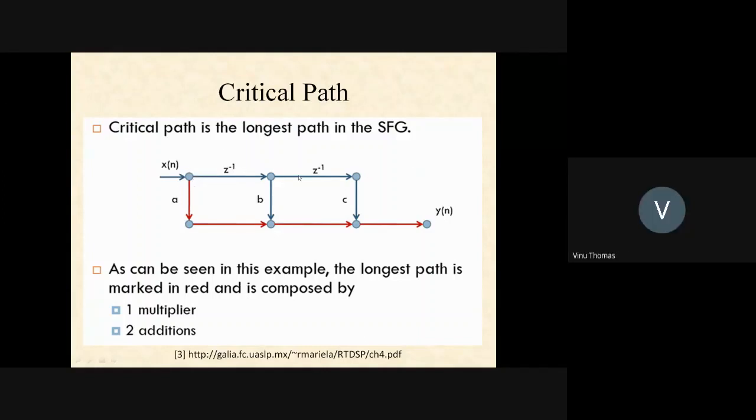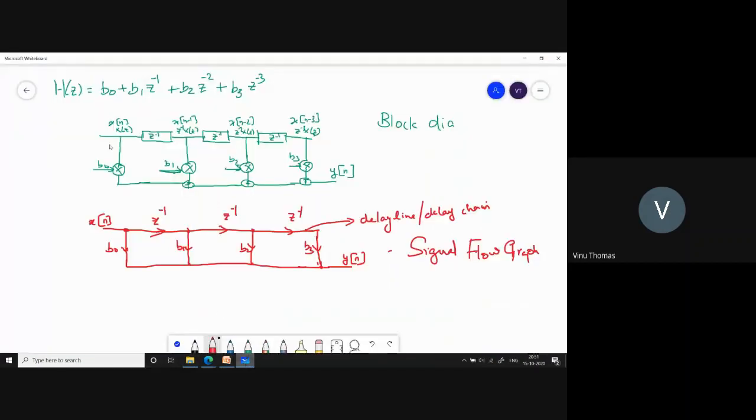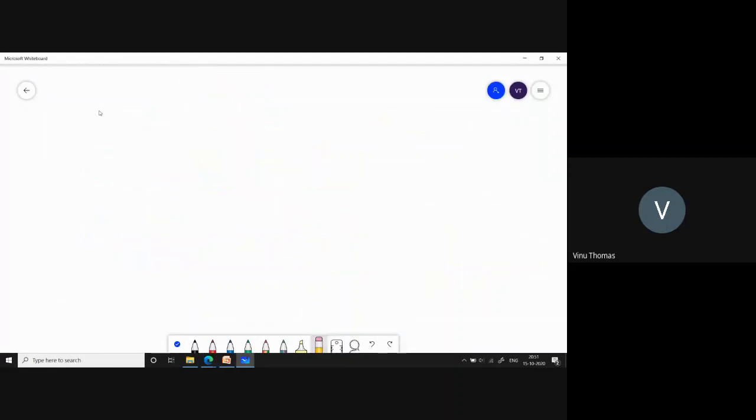These are three memory locations. You have a memory location where you have x of n. You have the previous memory location where you have x of n minus 1. And you have the previous memory location where you have x of n minus 2. So if I draw the memory location kind of implementation, I can maybe make this whole thing much easier. For this particular example, I only require 3 samples. So I can represent this using 3 memory locations, where in the first memory location I have x of n.